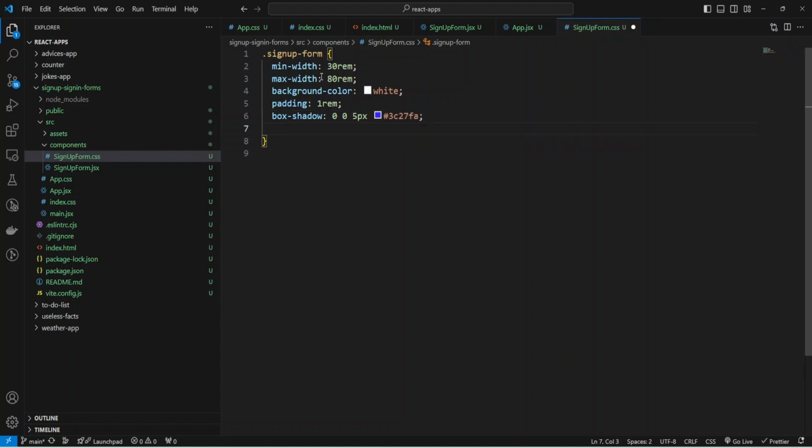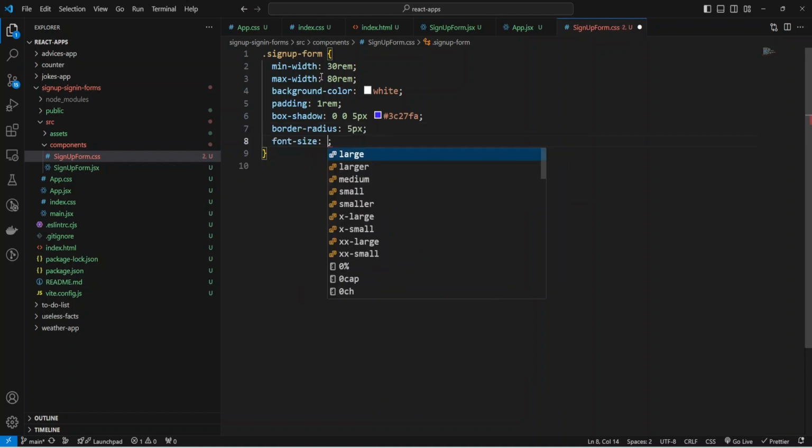Save it, and also we can add border radius to be 5 pixels, and increase font size. Font size will be 1.2 rem.